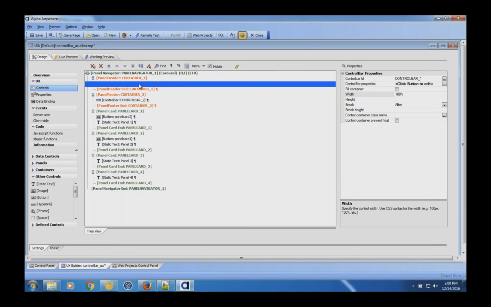Now, what you may want to do is, with a panel layout, you could have a panel layout card for your left side and say that's about 20% of the screen, and then the control bar within it would take 100% of it. So it's really dictated not by the control bar, but the panel in which it lives. So you can play with that a little bit. It's a combination of constraining the control bar width, and then when you create your layout, make sure you put all of your items